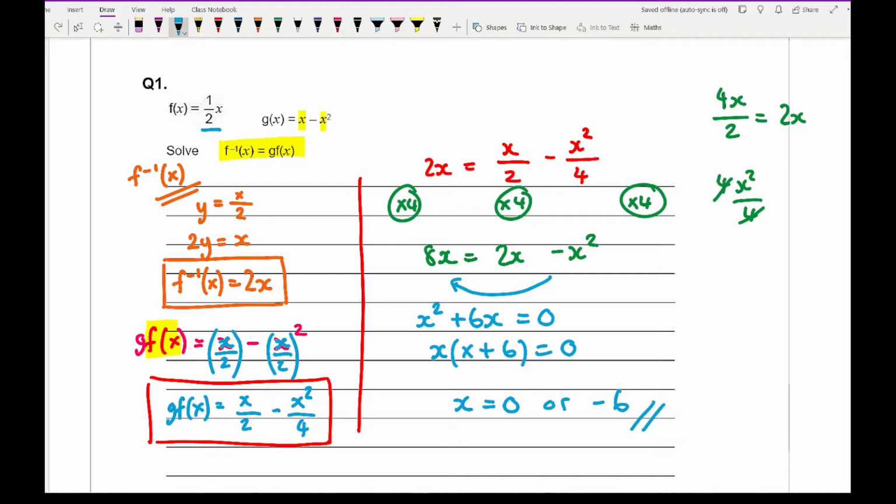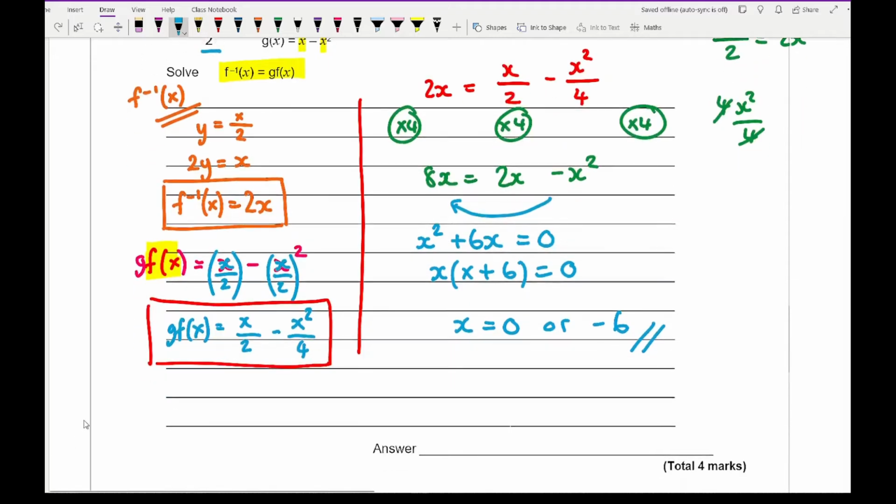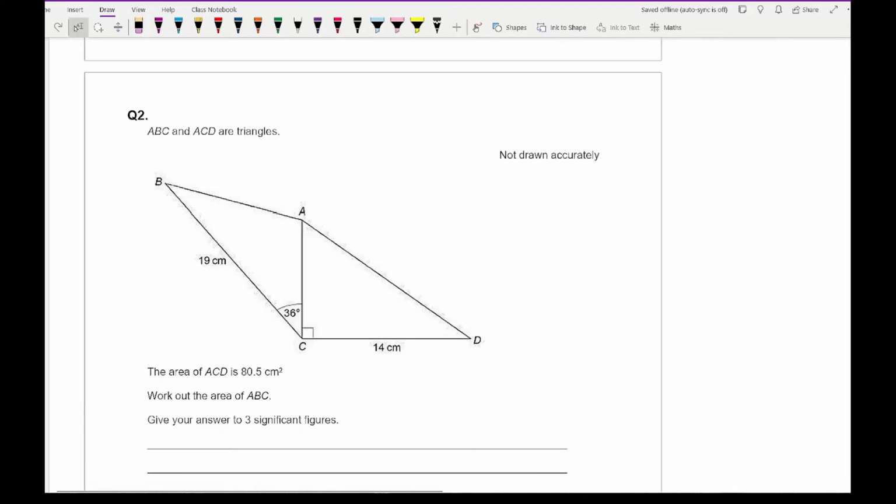Now if you wanted to, you could use the quadratic formula where a equals 1, b equals positive 6 and c equals 0, in which you'd still come out with the same answers, but generally speaking that would be our answer when we factorize. Now looking at question 2, it says ABC and ACD are triangles, and it says the